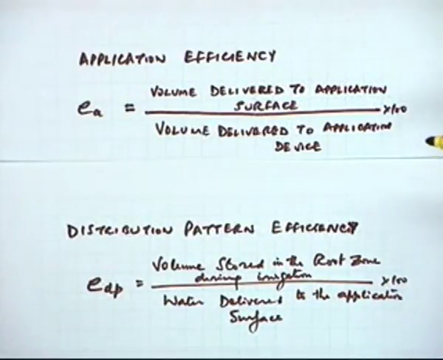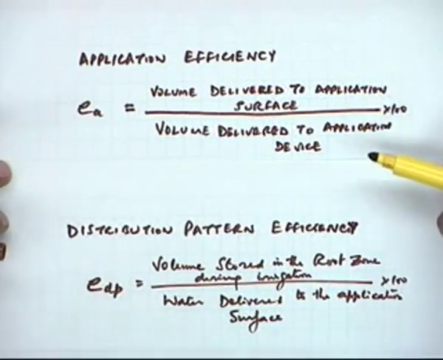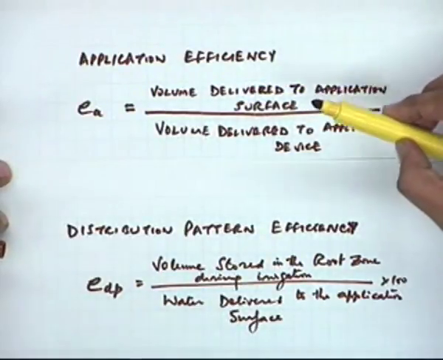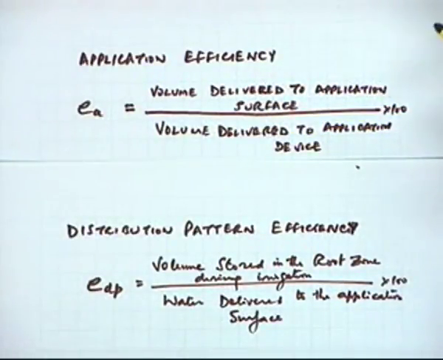as we have seen in the previous case where the conveyance efficiency was divided into two components. Similarly, in this case also, you are dividing the application efficiency into two parts. One is what is the difference between what has been supplied and what has been received, and then subsequently out of the received how much has been stored into the soil. Because out of the received quantity there can be some loss, maybe because of surface runoff, it can be a loss because of deep percolation. So all those things can be taken care of if you take these two in combination.